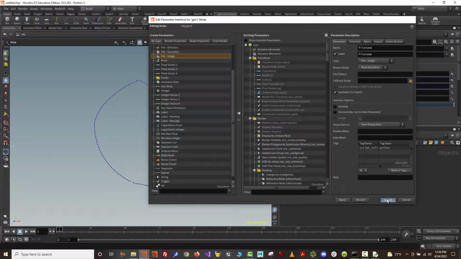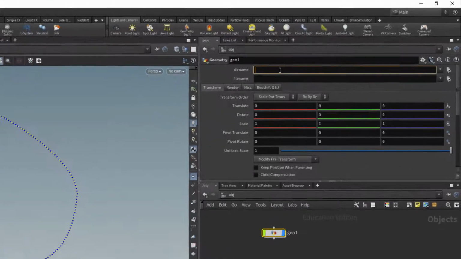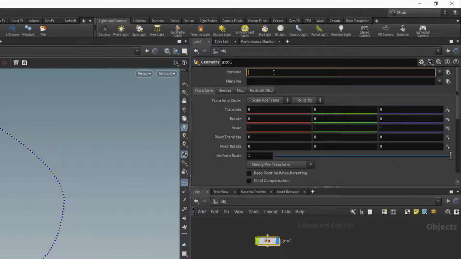And apply accept. So now I have two parameters that I can add. Let's do directory name as new data, and let's do file name as, let's see,